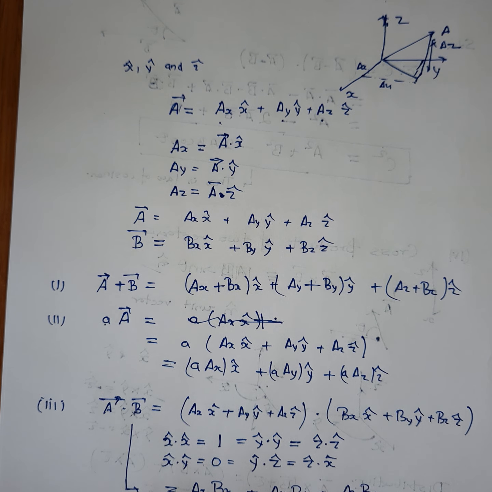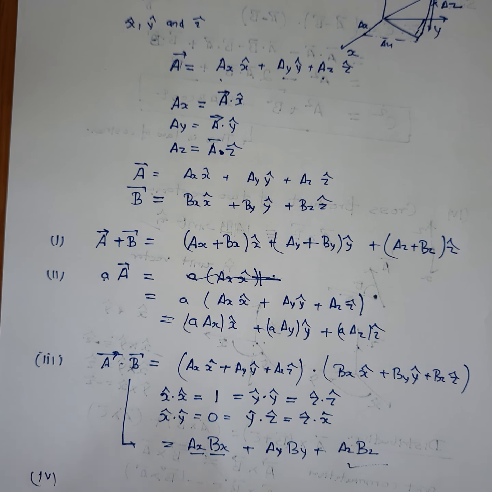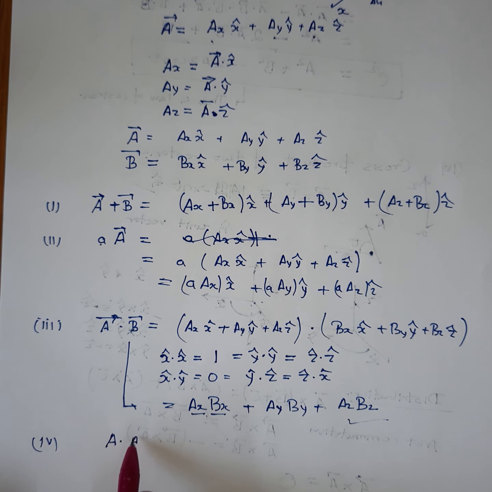So you can say that to calculate the dot product, you just multiply like components and add all these products. These are the product of like components, these are the product of like components, and at last you have to add all these products. Clear? So if you take the dot product, you will get this type of relation. Now what will happen if you multiply a vector with a vector?